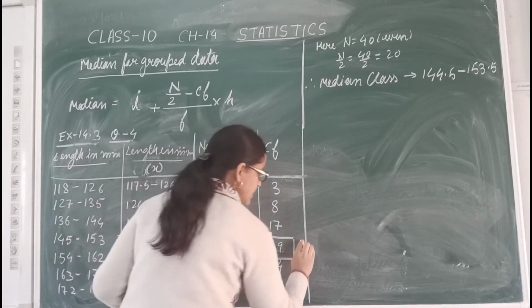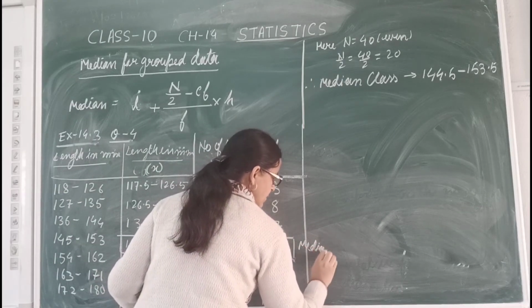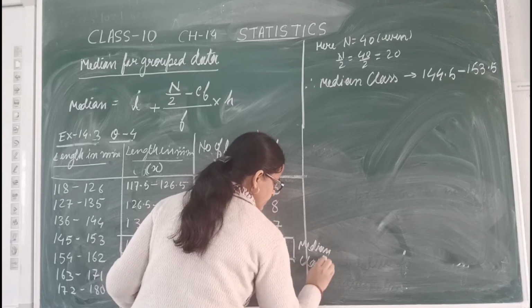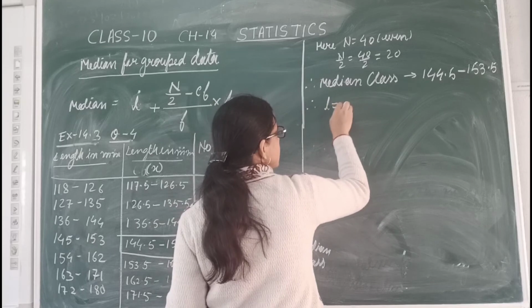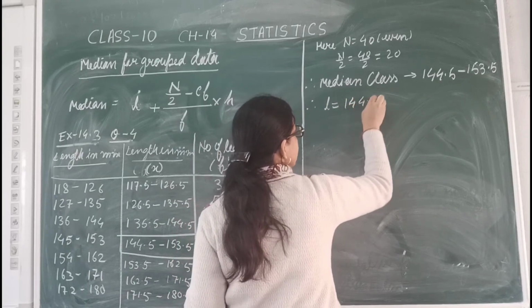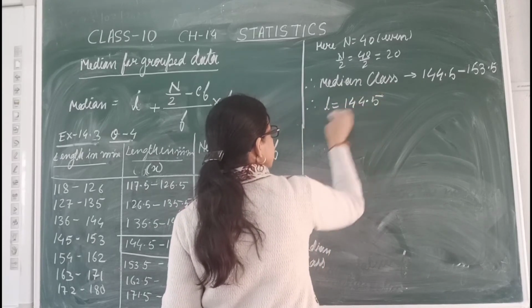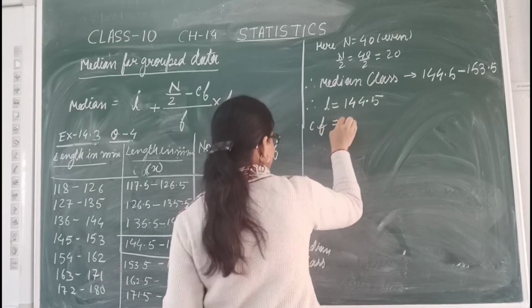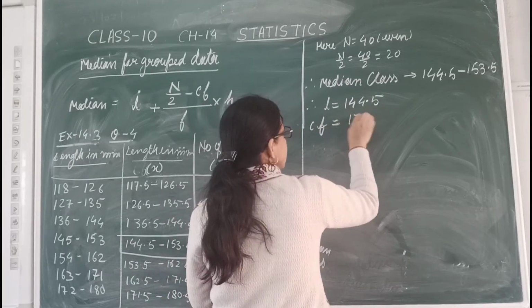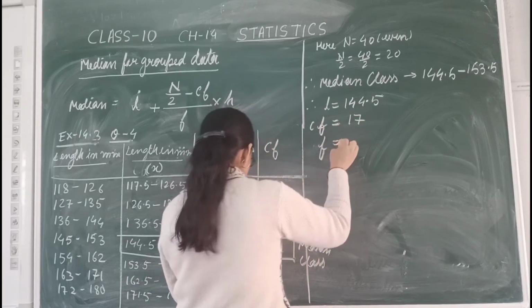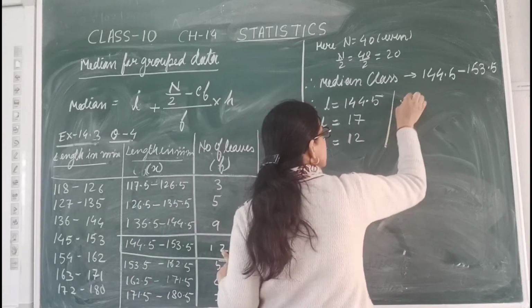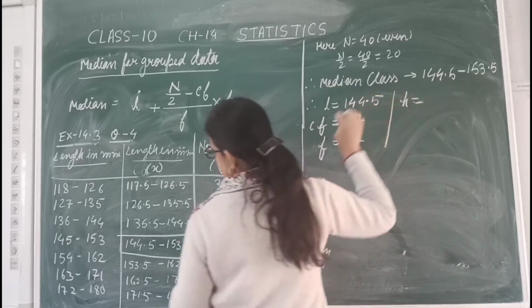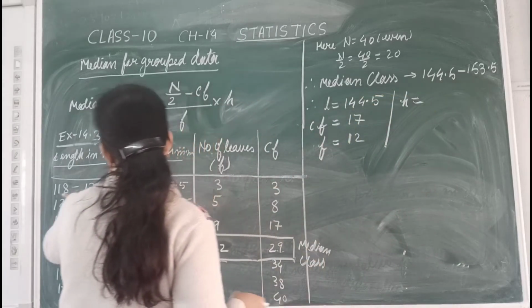And we can write it as the median class. Therefore, L equals the lower limit of the median class. CF equals the cumulative frequency before the median class, that is 17. F equals the frequency of the median class, that is 12. H equals the width of the median class, that is over here